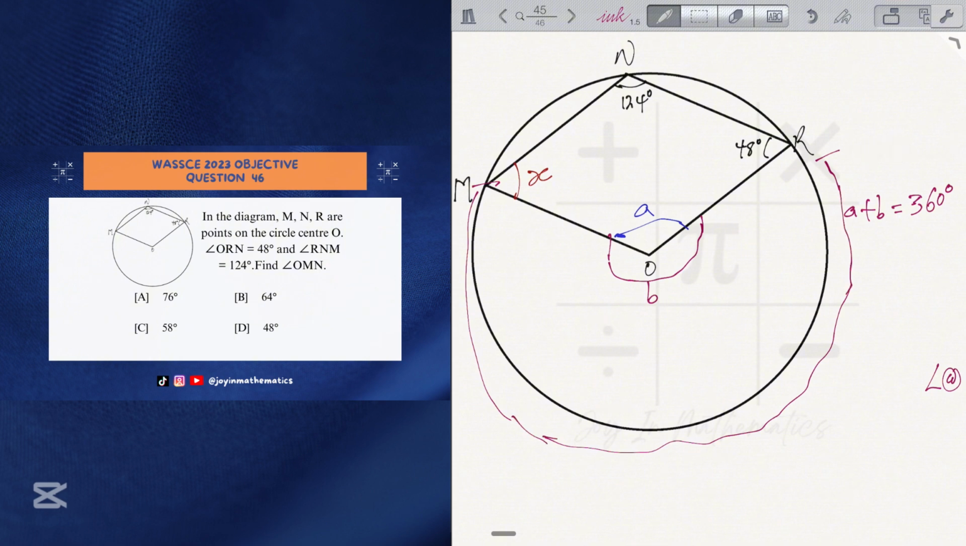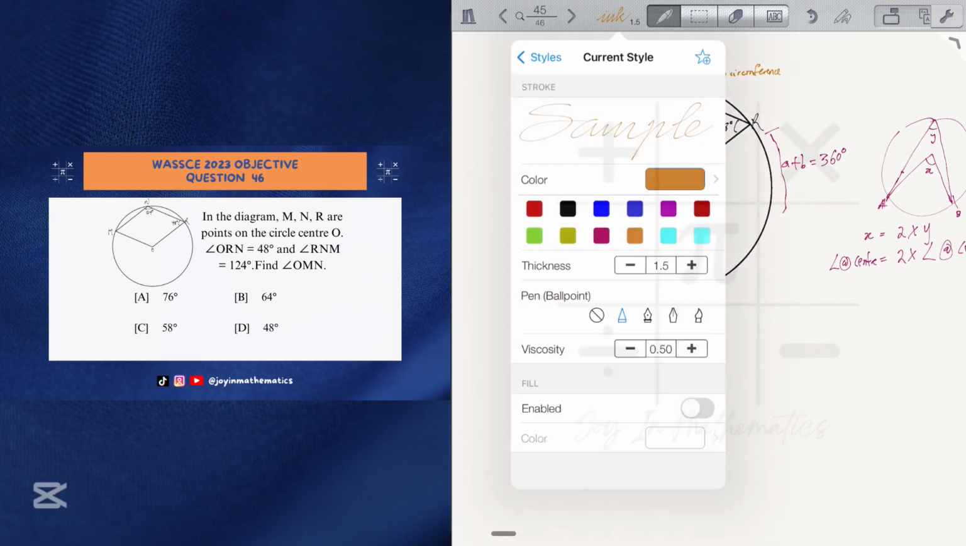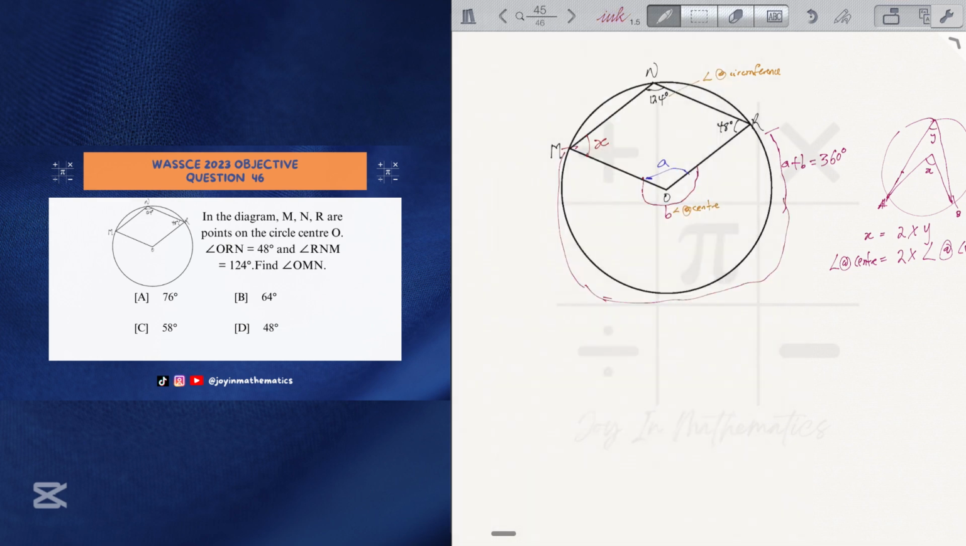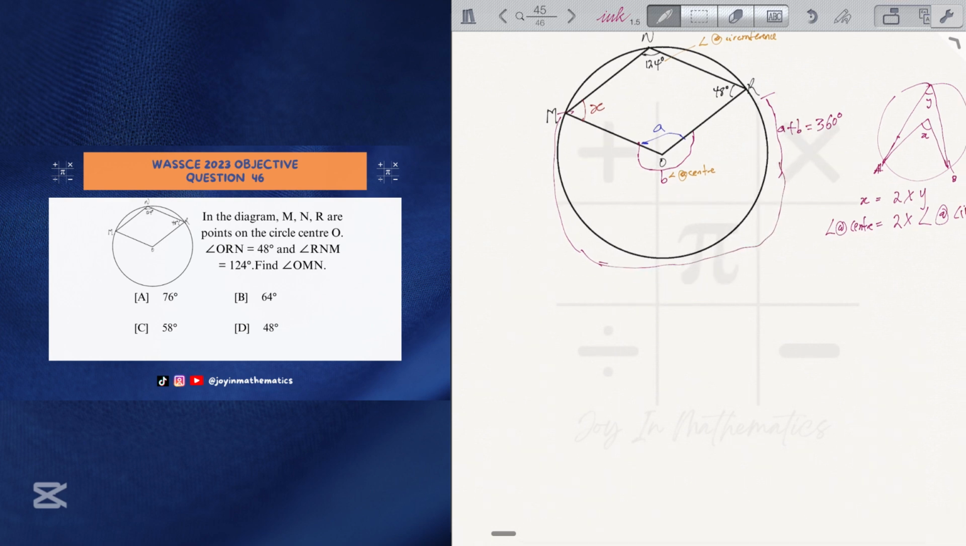Okay, and then it subtends an angle of 124 to the circumference. So B is the angle at center. Just write it here: angle at center, and 124 is the angle at circumference. So in essence, we are saying that this is the major arc MR. So the angle at center B is 2 times the angle at circumference, 2 multiplied by 124,